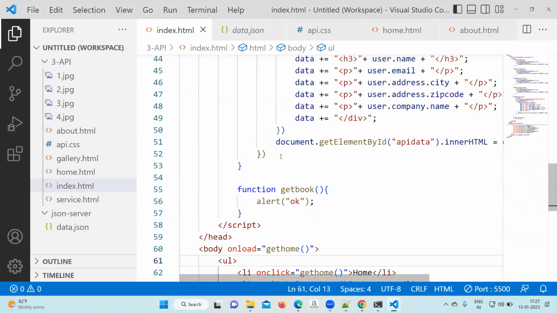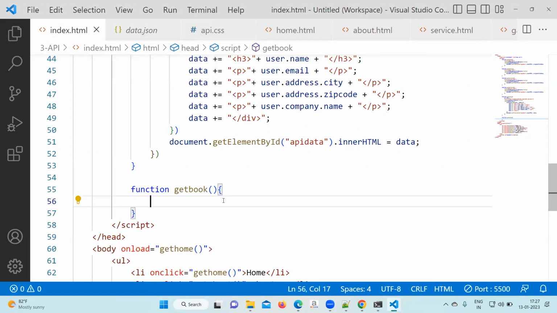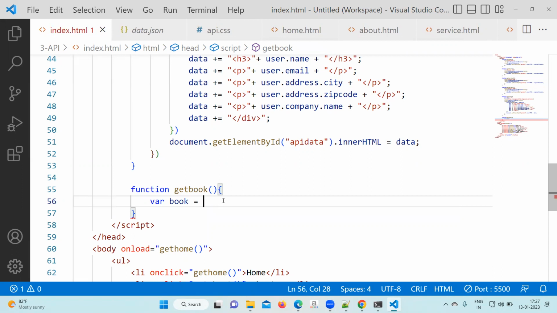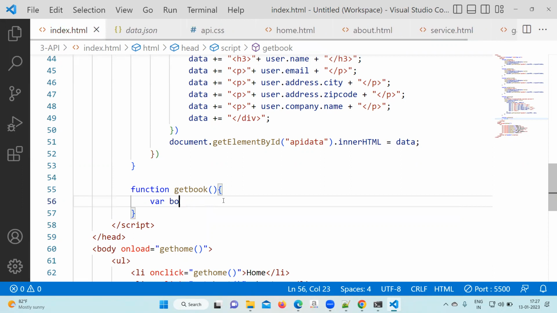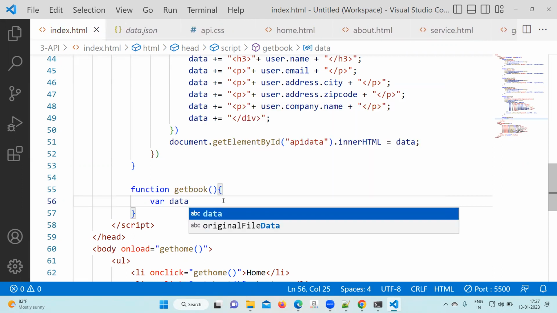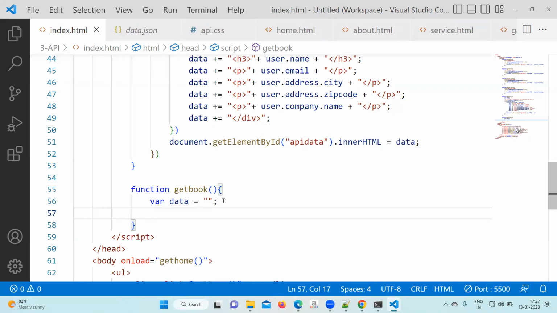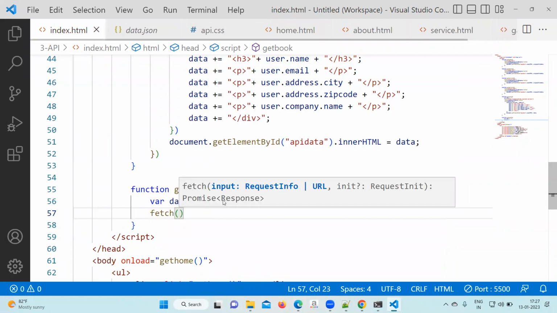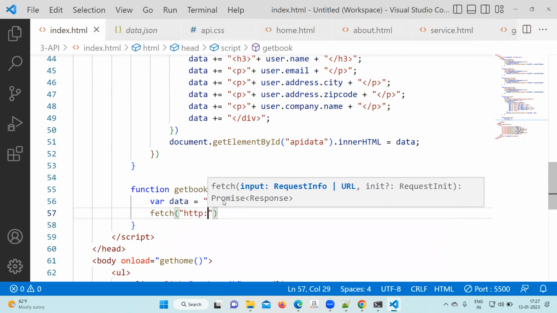So that URL you have to keep here now. A variable, data equal to empty, since it's a temp variable. You will write the fetch function with http://